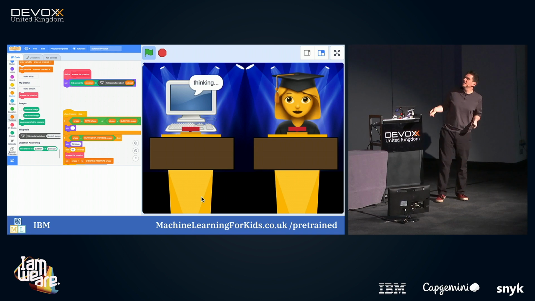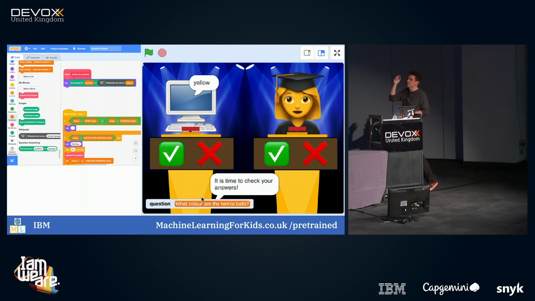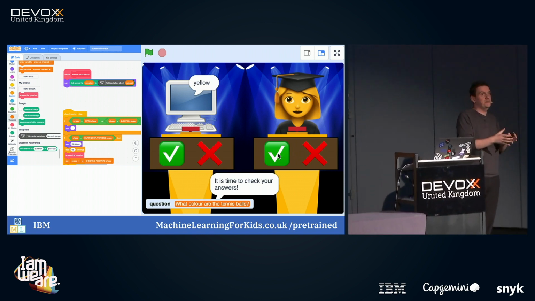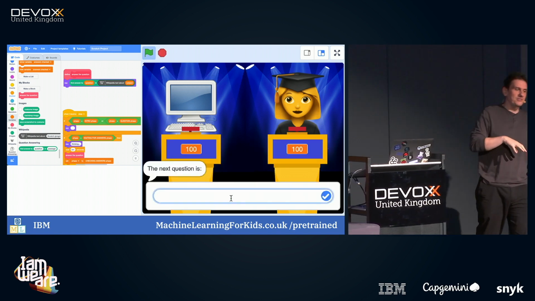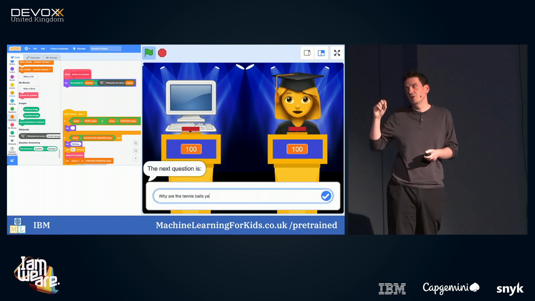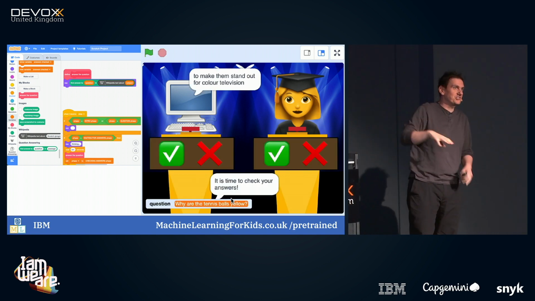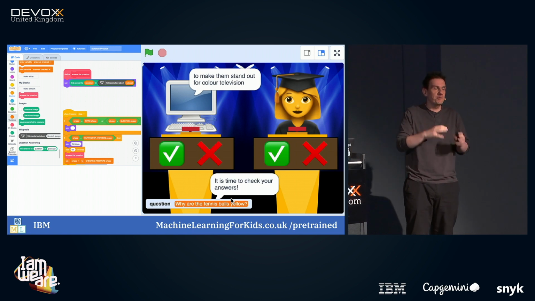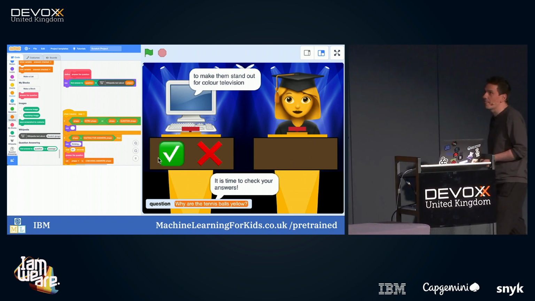So here we were doing, I forget what the subject was for this one. Oh, it was Wimbledon tennis tournament. So you can ask it a question, what color are the tennis balls, and it will find the right answer in the page that you give it. So they can make something similar to what we demoed on a quiz show a few years ago, well, 10 years ago now, the Jeopardy system. But you can build that for yourself in Scratch, drag and drop blocks that a primary school kid can make for themselves, which is amazing.